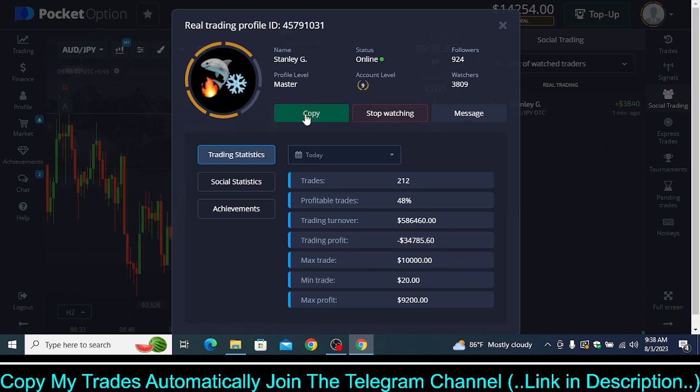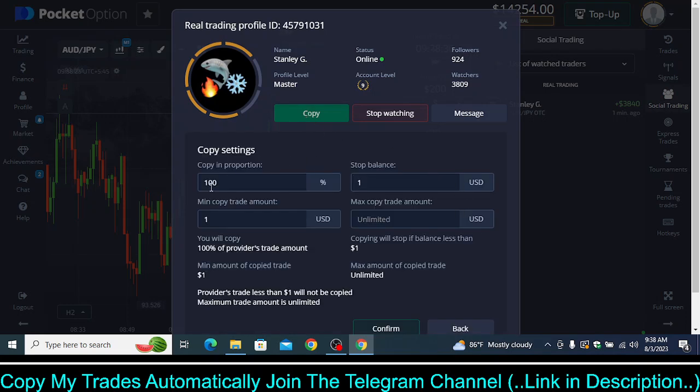Now to copy my trade, just click on copy and you will see this kind of interface. So now you should not do anything. Okay, whatever I show you, only do that thing. Okay, so I have told you I will make minimum trade and maximum trade of $200. So if you copy 100%, then you will be copying my $200 per trade. If you do 1%, then you will copy my $2 per trade. If you do 10%, then you will copy my $20 per trade, because 10% of $200 is $20. In that way you can set up this thing. If you want to copy $50 per trade, then do 25%, because 25% of $200 is $50.